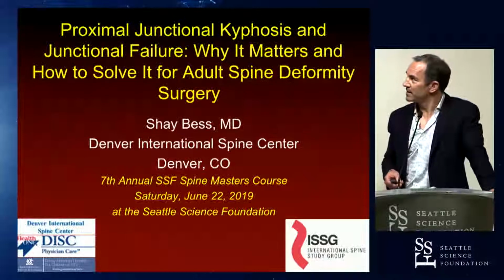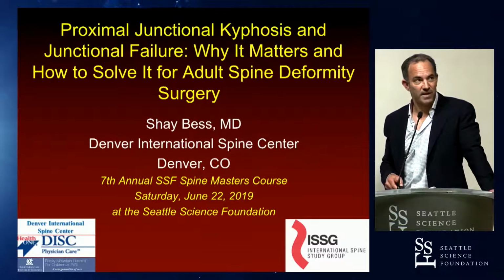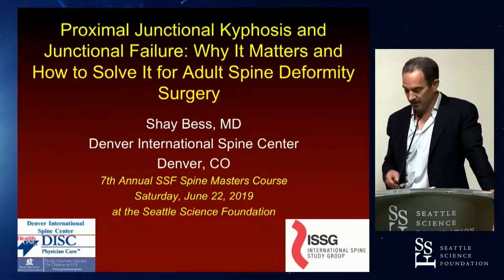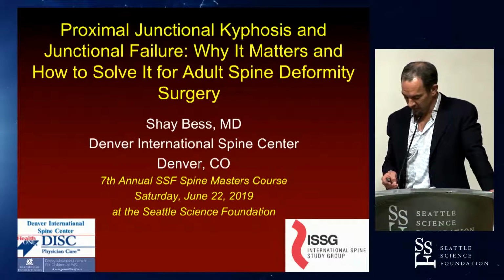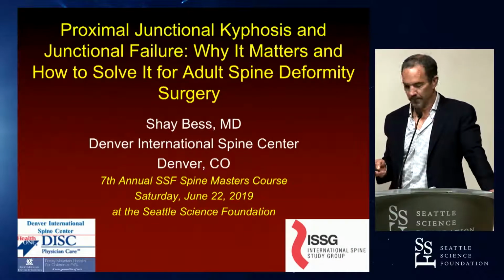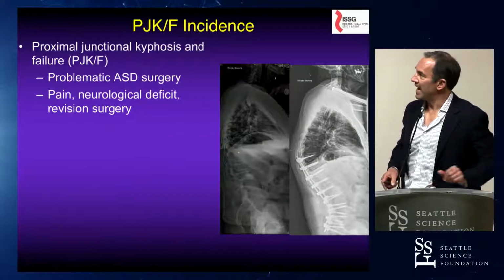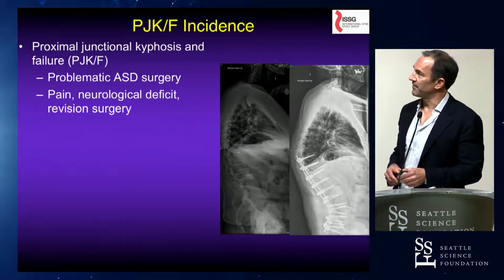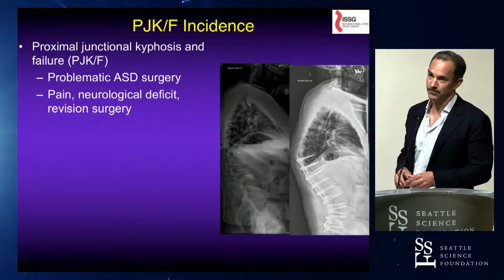What I'm going to talk about is proximal junctional kyphosis and failure, and differentiating between the two, why it matters, and theoretically how we can then reduce this in adult spinal deformity surgery. But then also I'll have a chance to go in the lab and demonstrate some of these techniques. There we go. So if you look at proximal junctional kyphosis and failure, we'll use PJK and PJF as abbreviations